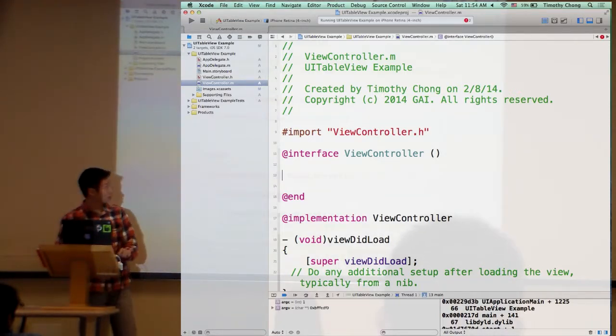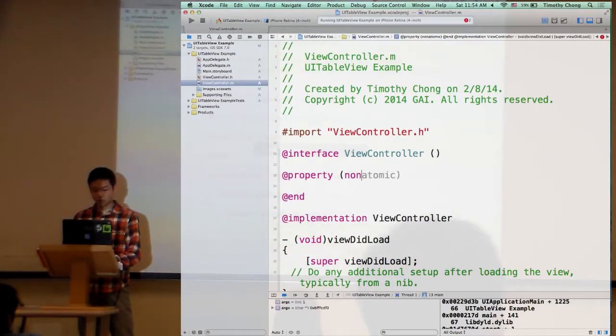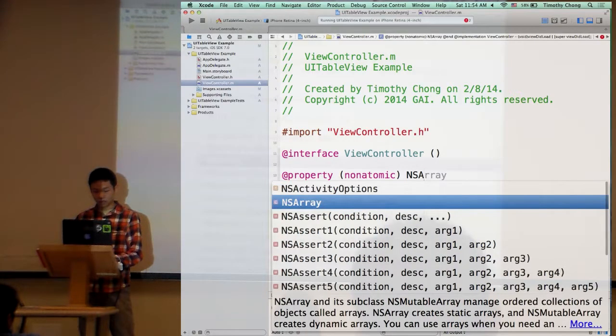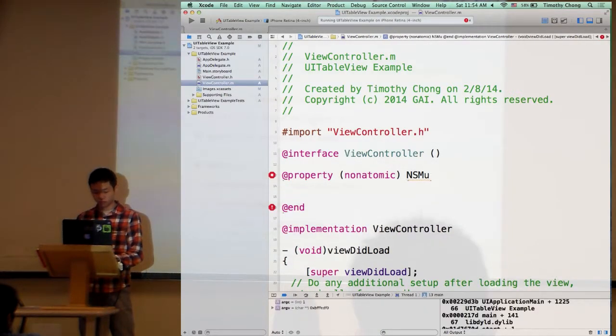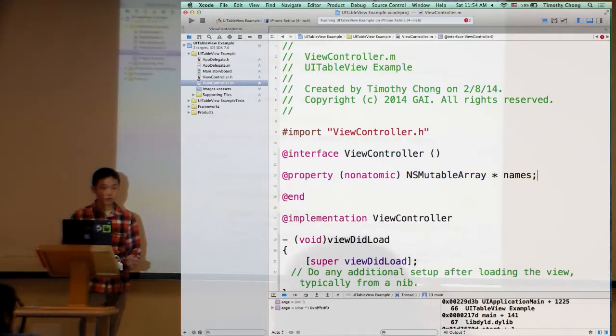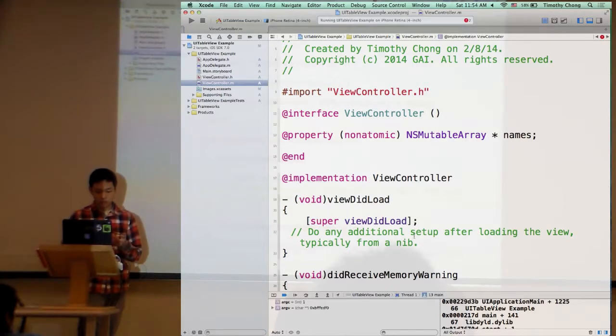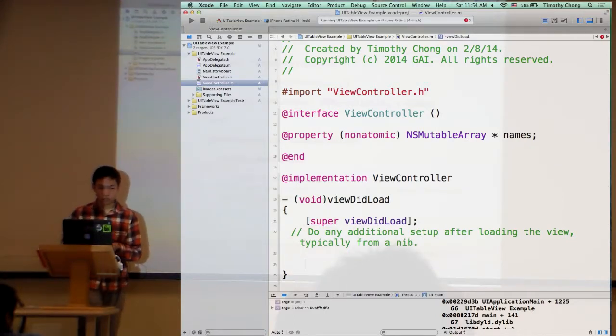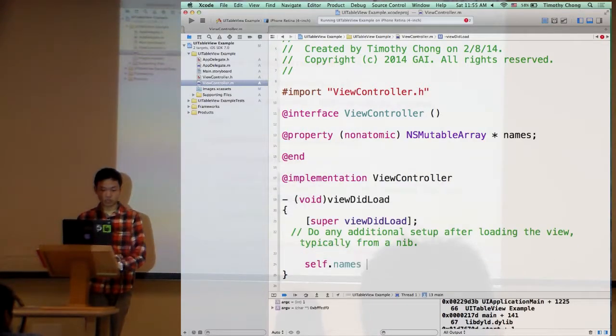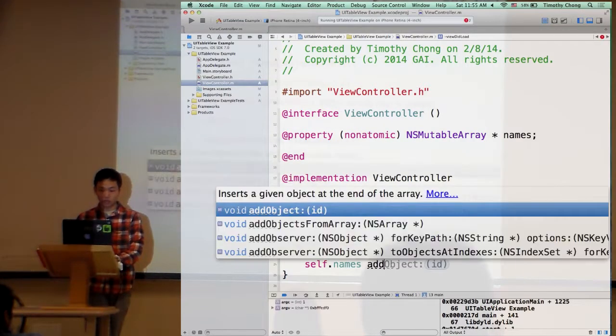So on the top here, inside interface, I'm going to say property, nonatomic, NSMutableArray, names. This is basically a way to say that I'm going to use this variable, NSMutableArray. And in viewDidLoad, I want to add 3 things to this array. How do I do it? I say self.names addObject,